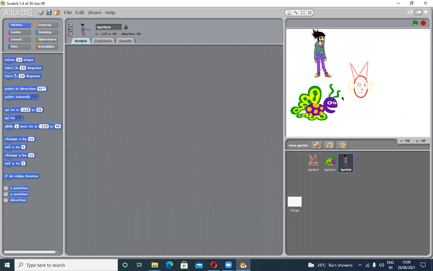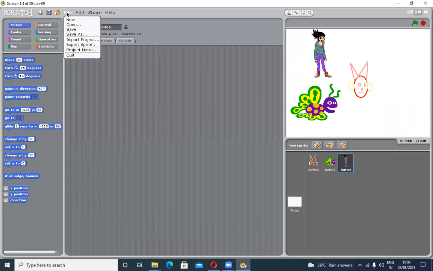So dear students, in this way you can create a new sprite by yourself through painting, you can choose any sprite from the gallery, and you can insert any one sprite on the stage area, that is get surprise sprite.